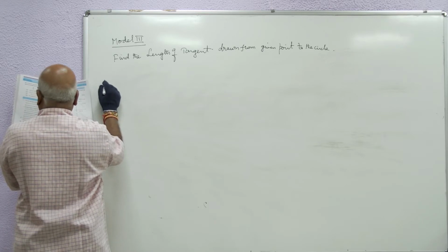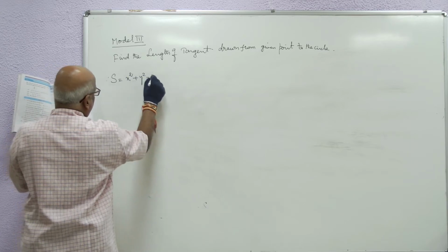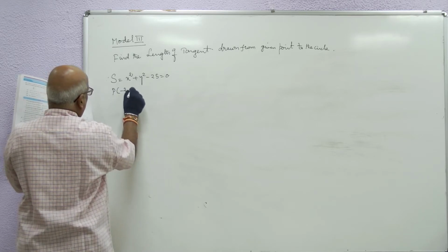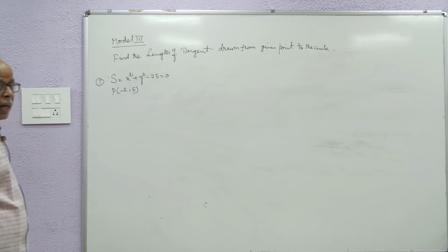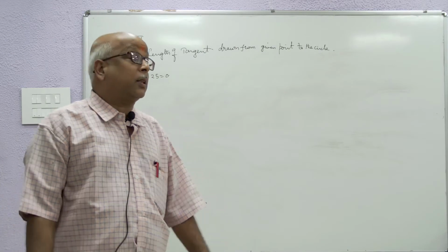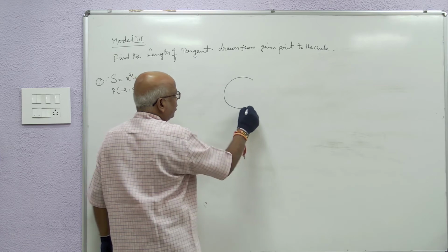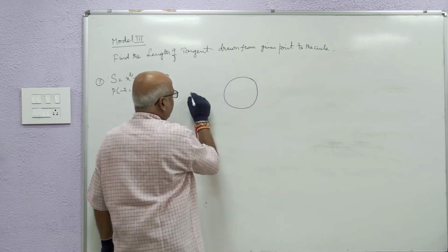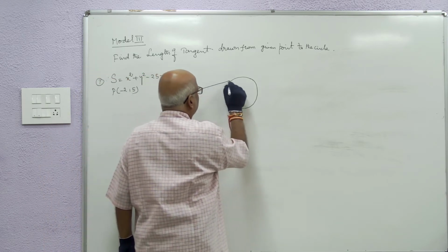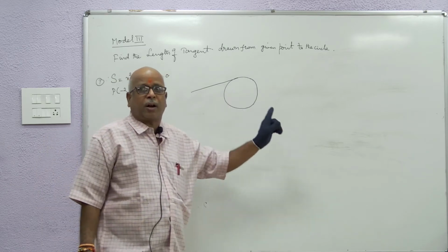our present problem is S equal to x square plus y square minus 25 equal to 0, and the point is minus 2, 5. Find the length of tangent. What is the formula for length of tangent drawn from a point? Drawn from a point means here is a simple point that we are supposed to observe. From a point means definitely the point lies outside the circle, like this. Find the equation of tangent at the point means point lies on the circle.